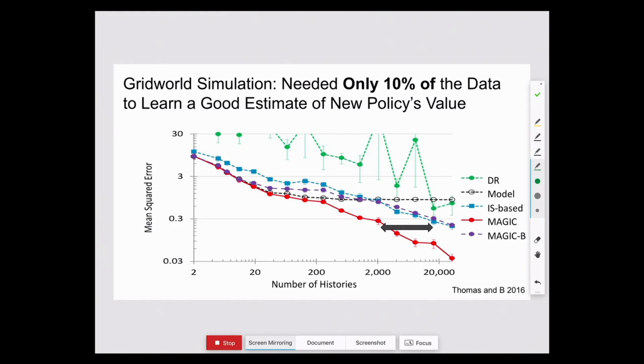So this is a tiny example, just illustrative, but the idea here is this is the amount of data you have. Our estimator here needs basically 1/10 of the data, which means that if you have a problem where you just don't have very much data, you might be able to figure out a policy that's actually better than what you have right now because you have so much better estimators.